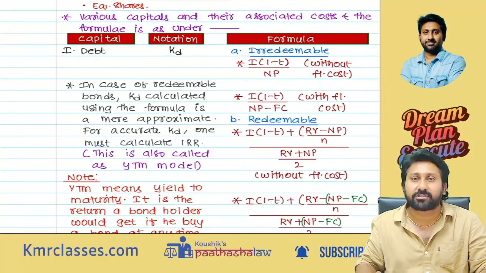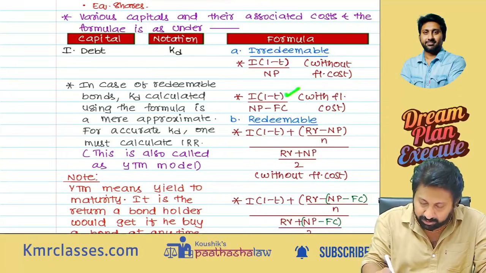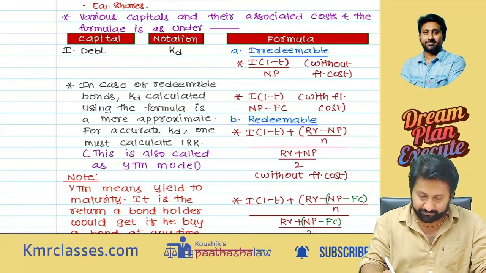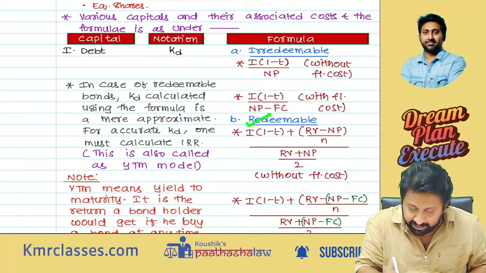Whenever flotation cost is there, your net proceeds will reduce. So it is I into (1 minus T) divided by net proceeds minus flotation cost. So this is point one. Next, if it is a redeemable debt,